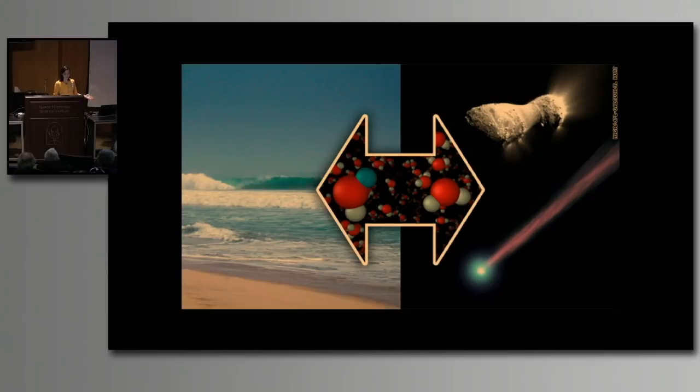Because water, as you know, is made of 2 atoms of hydrogen and 1 atom of oxygen. But sometimes you have an extra neutron in the hydrogen. Instead of the standard hydrogen, you have deuterium. And you compare the ratio of how many water molecules present that extra neutron in the water we have on Earth to that found in asteroids and comets. That ratio is very similar to what we find in this type of solar system objects. So it is very possible that the water in our planet comes from them.